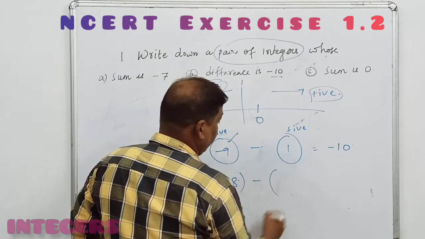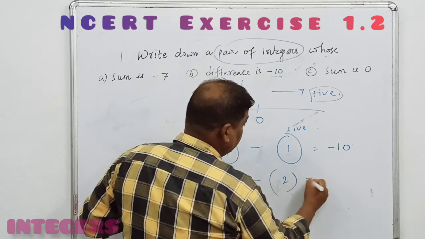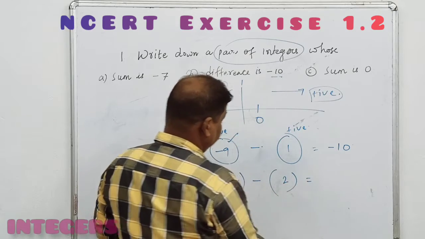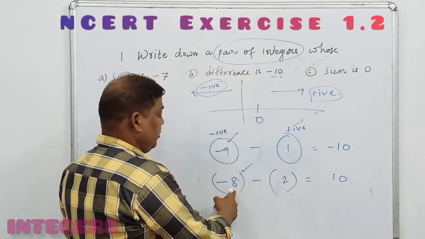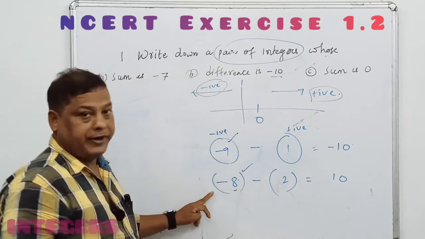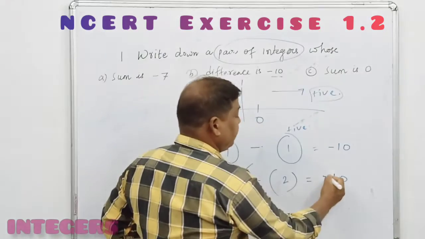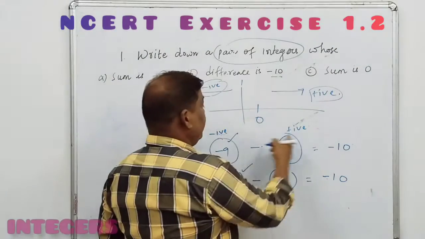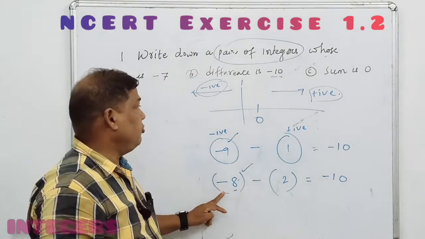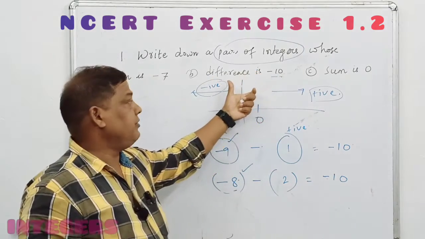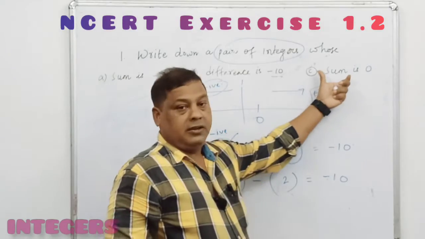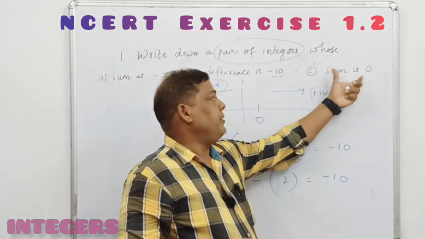Here is the one positive integer that is 2. That is minus minus plus 8 + 2 that is 10. The greater value is 8. So इनका सामने है आपका माइनस है, तो आप यहाँ में माइनस कैरी कर सकते हैं। इस पर जो है एक नेगेटिव इंटीजर और पॉजिटिव इंटीजर के बीच में जो है डिफरेंस करने से आपका जो है -10 आपका रिजल्ट होगा। अभी देखते हैं थर्ड क्वेश्चन, सम इज 0।